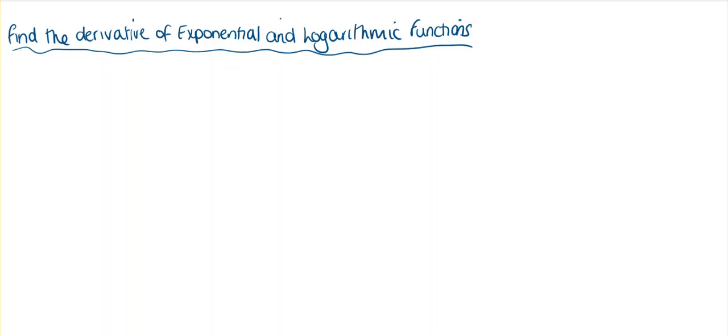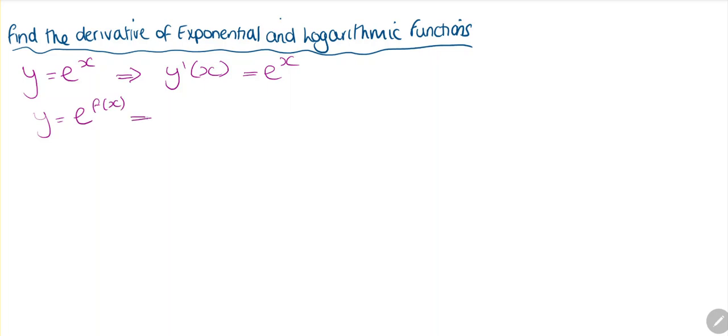Okay, finding the derivative of exponential logarithmic functions. So there's a few of the rules we need to remember. If we have y equals e to the x, if we take the derivative, this will be the same, e to the x. If we have a function f of x, if we take the derivative, we're going to write our function the same, e to f of x, but we're going to multiply using